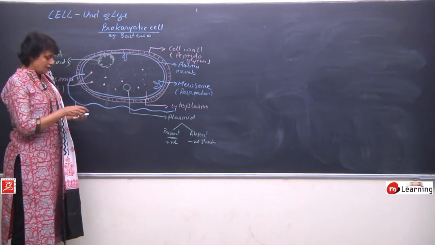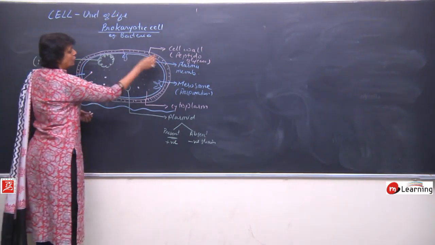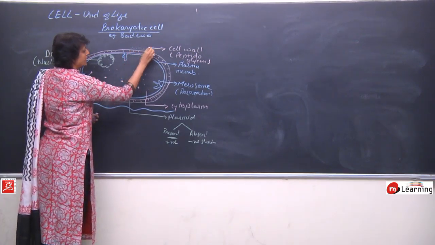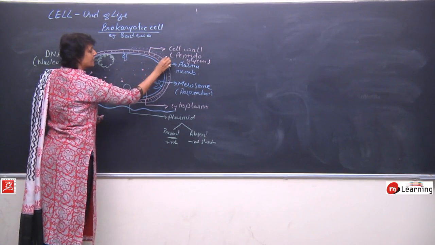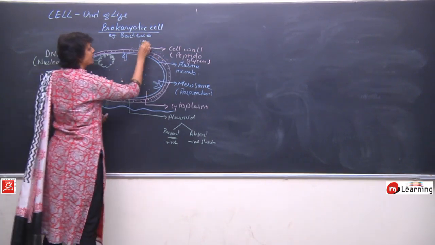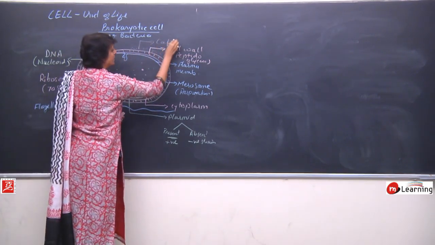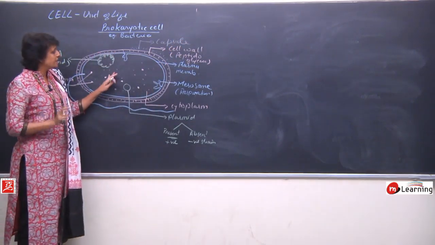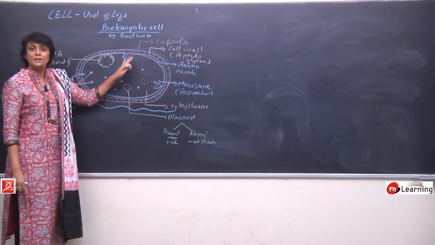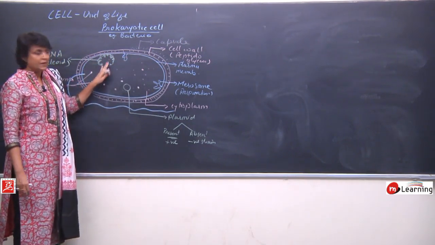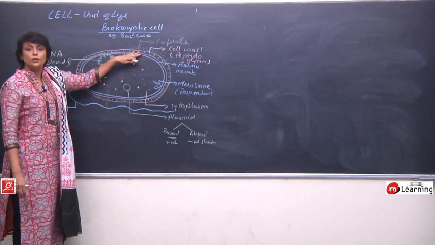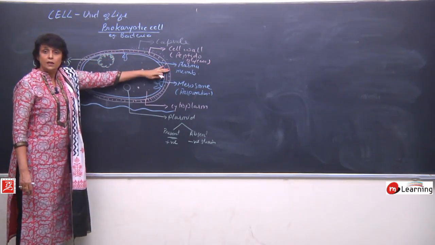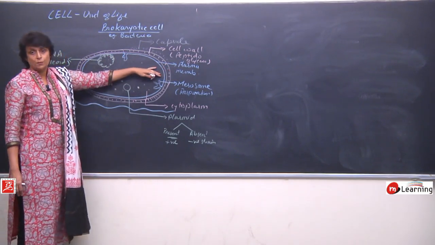During adverse conditions, what we find is outside this cell wall, there can be some thick jelly-like material, which makes a capsule. This capsule is just a mucilaginous thing which protects the cell from desiccation or drying up. So this would be seen only during unfavorable condition. Otherwise, only the cell wall and plasma membrane.